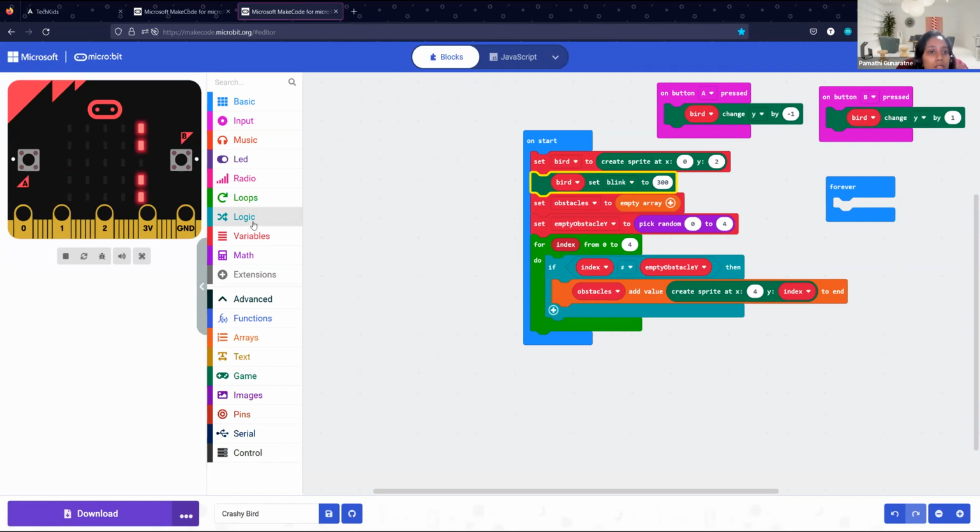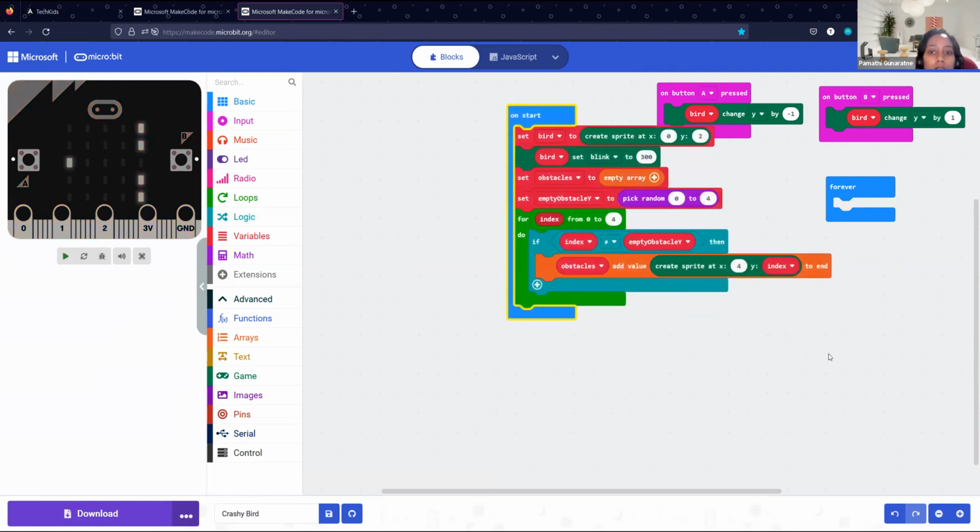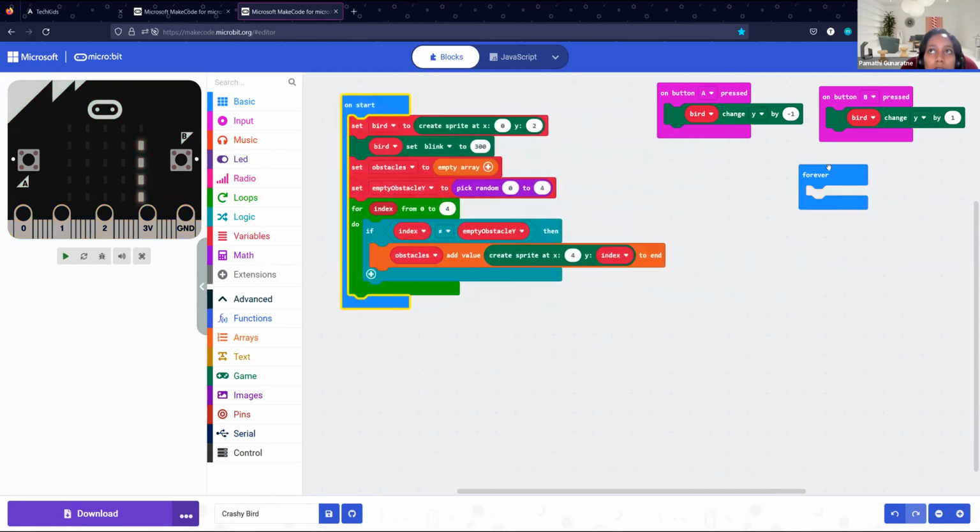Next part we have to do is to make this obstacle move. We have to make these obstacles move. So we will use a loop to create these different obstacles. So at the start of the game, you already had this forever loop with us. Now we will use it. So inside this forever loop,